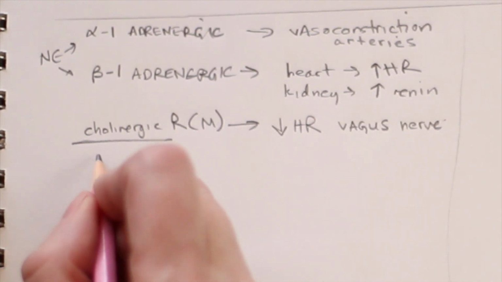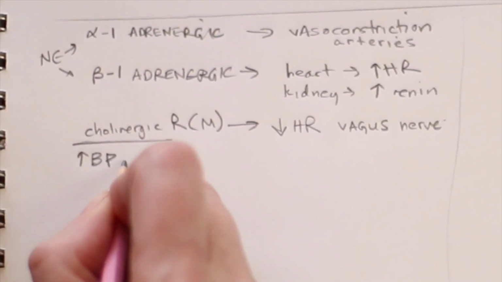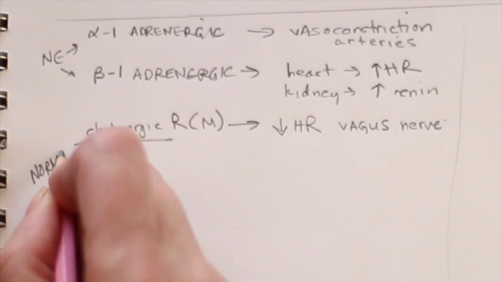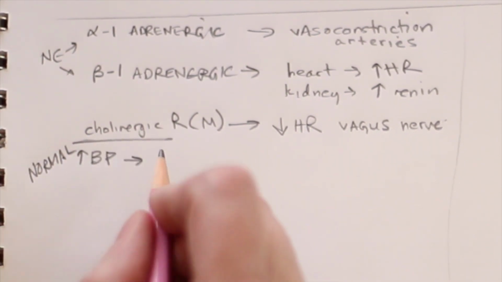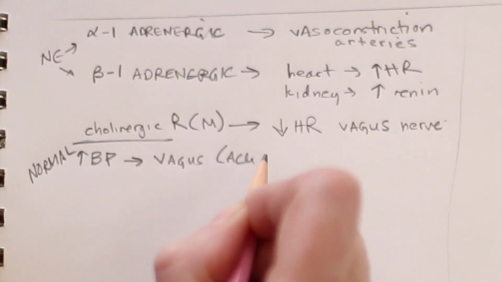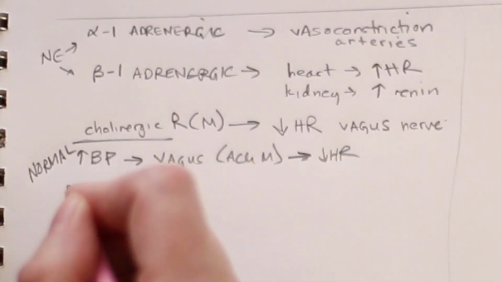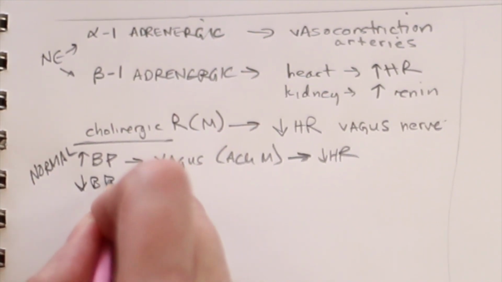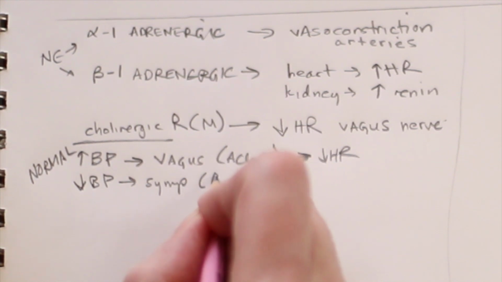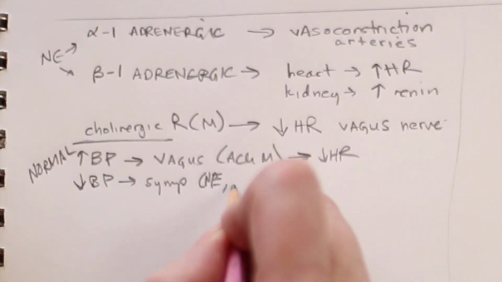So one of them is the vagus nerve, right? So if you have an increase in blood pressure, the normal situation, I'm going to write normal, is that the vagus nerve, working through acetylcholine and muscarinic receptors, right, decreases heart rate. And if you have a drop in blood pressure, the sympathetic nerves, working via epinephrine and norepinephrine, and beta-1 receptors,